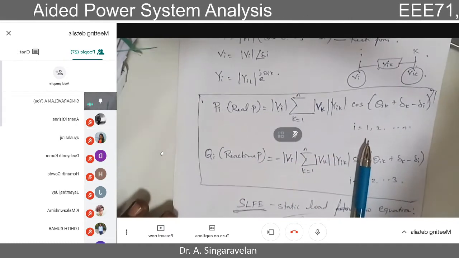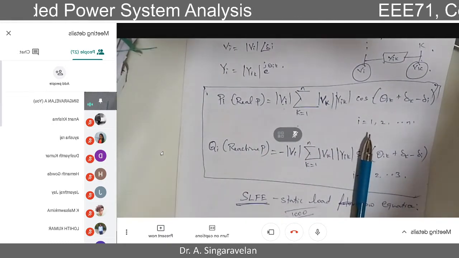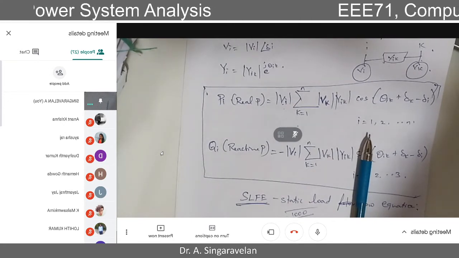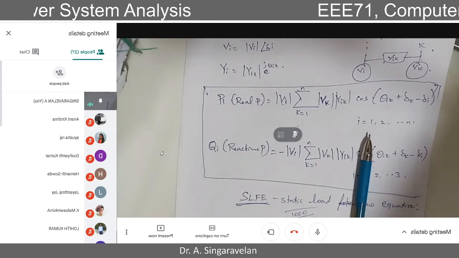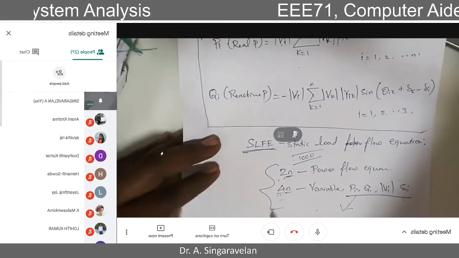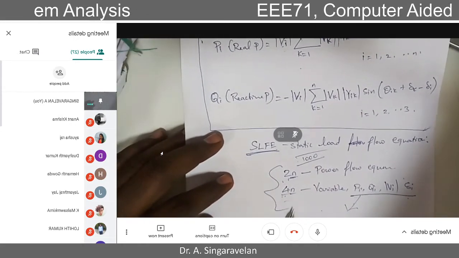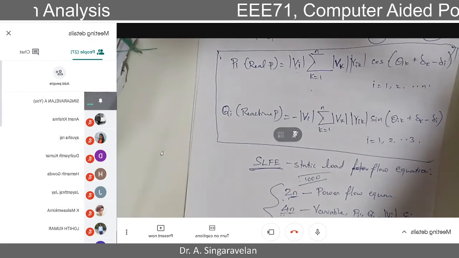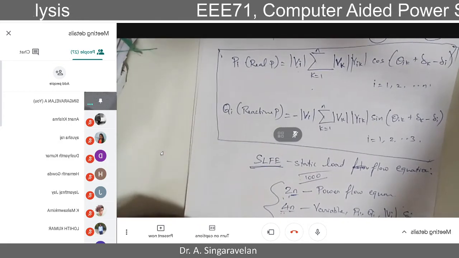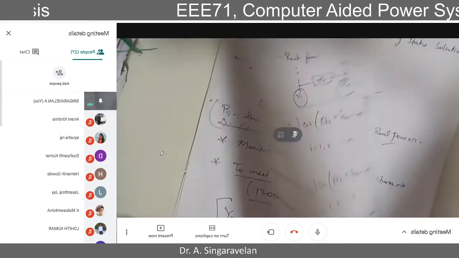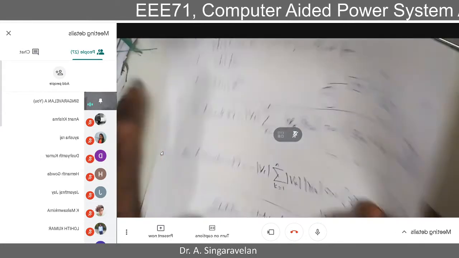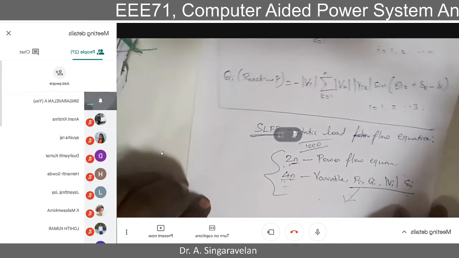This is just an overview of load flow basics. While solving the problem, you will understand in detail. I thought you should get some idea about why we are doing this, what we are going to find out from this, and how big the complexity is. All these things we have covered today. This is the basic introduction for module 2. I hope I have covered all the required information. Is that clear now? Any doubt?